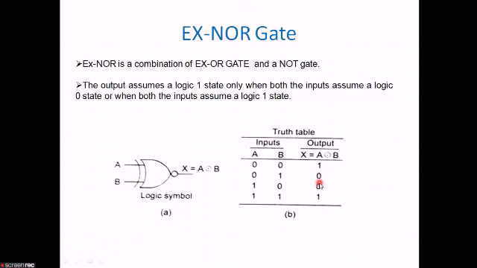Now let us look at the truth table. It consists of 4 combinations starting from 0 to 3, that is 0, 1, 2 and 3. In case of 0, 0 it is 1, 0, 1 it is 0, 1, 0 the output is 0 and in case of 1, 1 the output is 1. The output X is equal to A XNOR B. In the later slides we will be seeing the Boolean expression of an XNOR gate and how, as I told you, it is a combination of XOR gate and a NOT gate. We can also see it from the Boolean expressions. Let us see it.